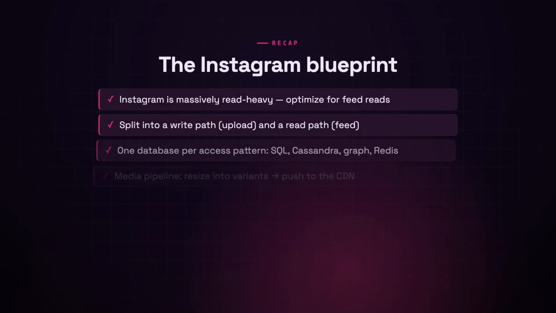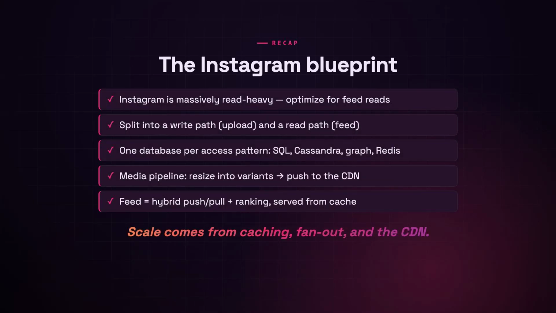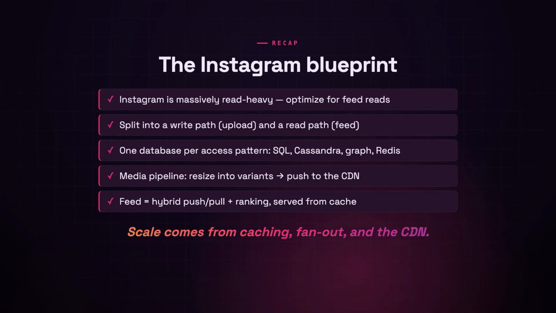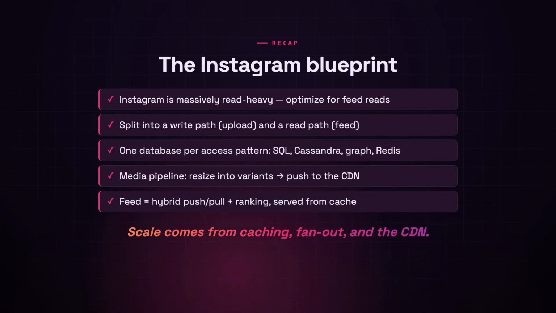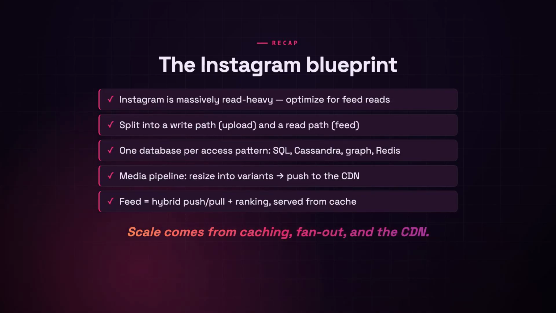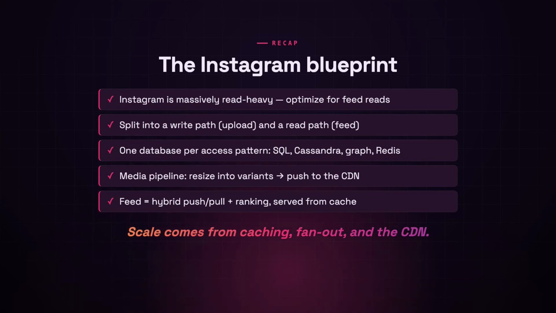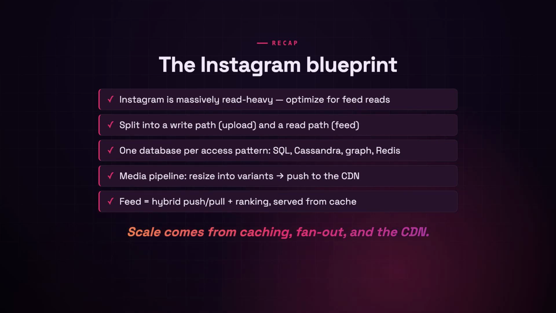So let's bring it home. We started from one fact: Instagram is massively read-heavy. We followed RESHADED end-to-end. We split the system into a write path and a read path, stored each entity in a database that fits its access pattern, built our media pipeline around resized variants in the CDN, and solved feed generation with a hybrid push-pull design plus heavy caching. That right there is a complete,